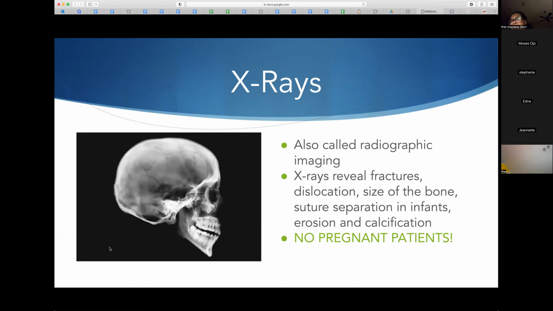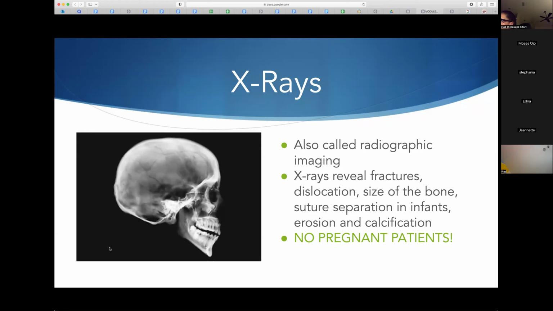Okay. Or radiography. X-rays, we use it to see bones. And you can also see where bones have separated or broken, which is called a fracture, or a dislocation where a bone is not in the proper position or location. You can determine the size of bone, suture separation in infants, because when infants are born, they have soft spots